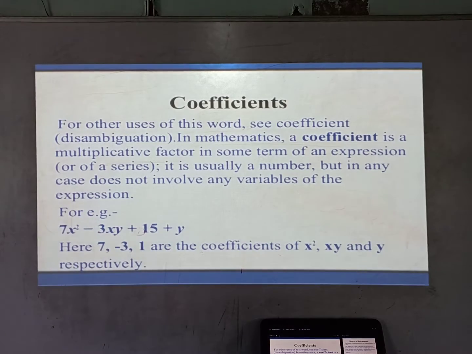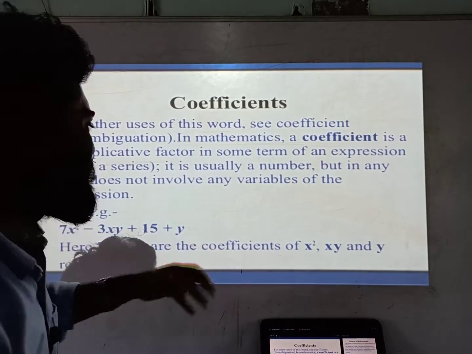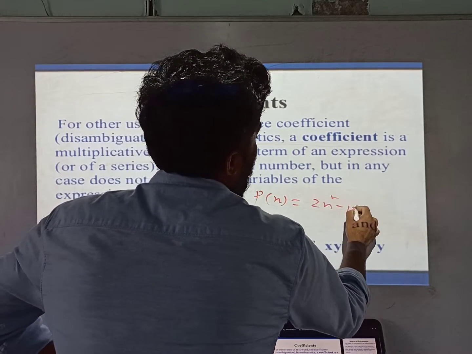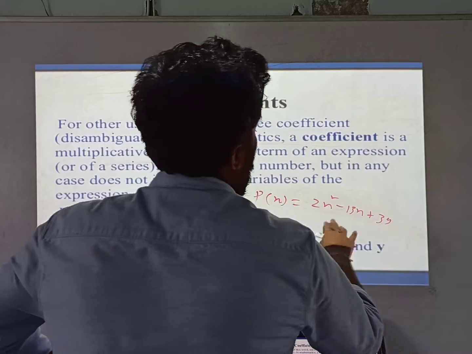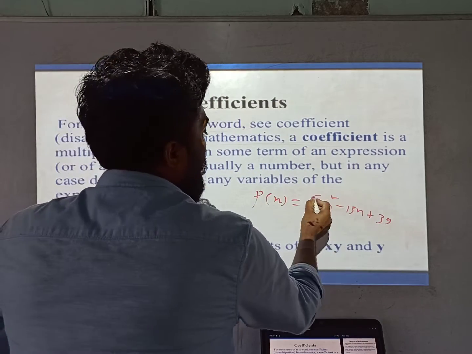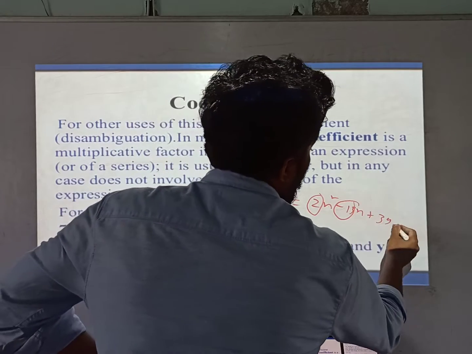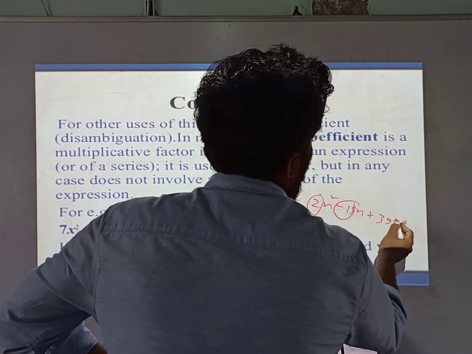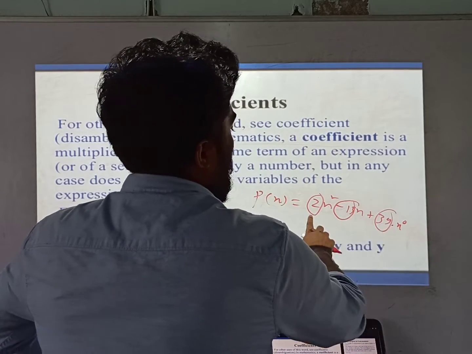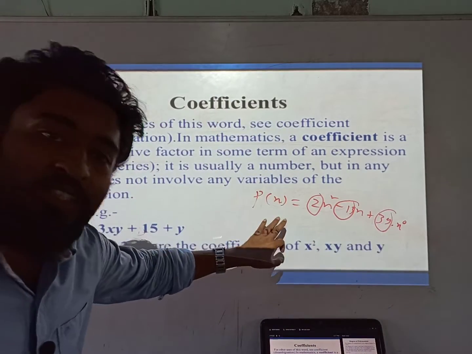Okay. So what are coefficients? I have already told you. For example, again, 2x square minus 13x plus 39. For this, x square is multiplied with 2, so the coefficient of x square is 2. The coefficient of x is minus 13, and 39 means 39 into x to the power 0. The coefficient of the constant term, or you can say x to the power 0, is 39. So 2, minus 13 and 39 are the coefficients of this polynomial.